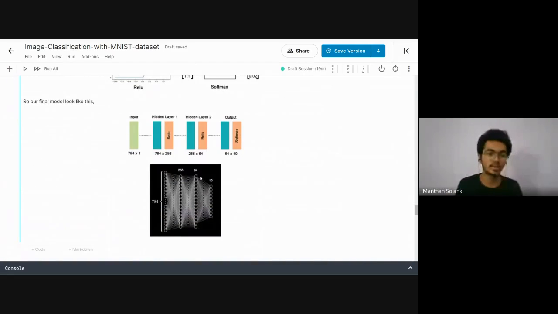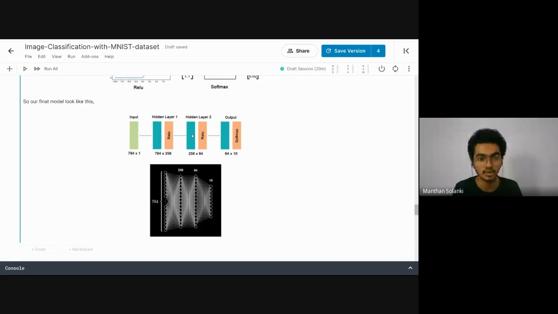So our model looks like this. We have the input of 784, then the first hidden layer of 784 into 256 dimension, because we have 256 neurons in the first hidden layer, then 64 neurons in the second hidden layer.